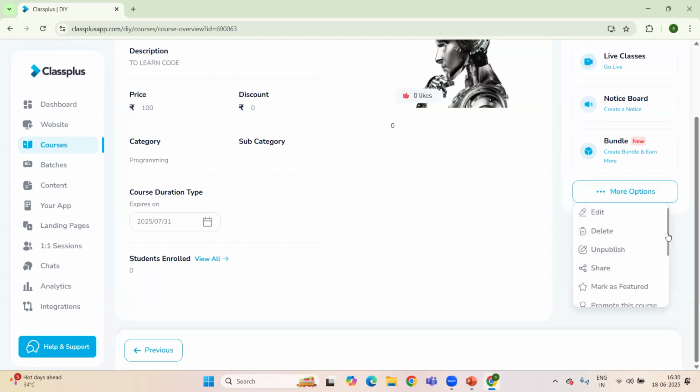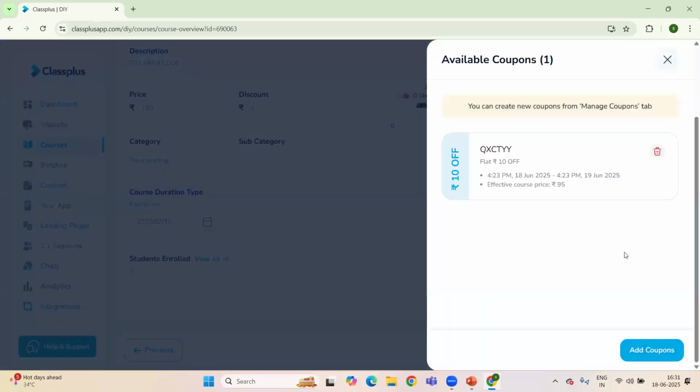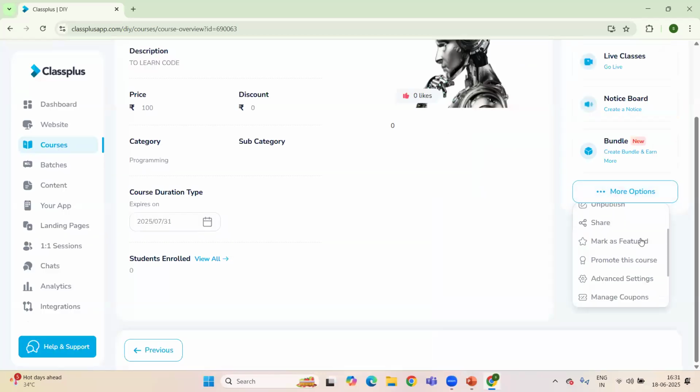Now some more features we have, like we can manage the coupons from here. If I want to add another coupon for that particular course, I can add it from here. And then we have two more important features: manage faculty and view attendance.